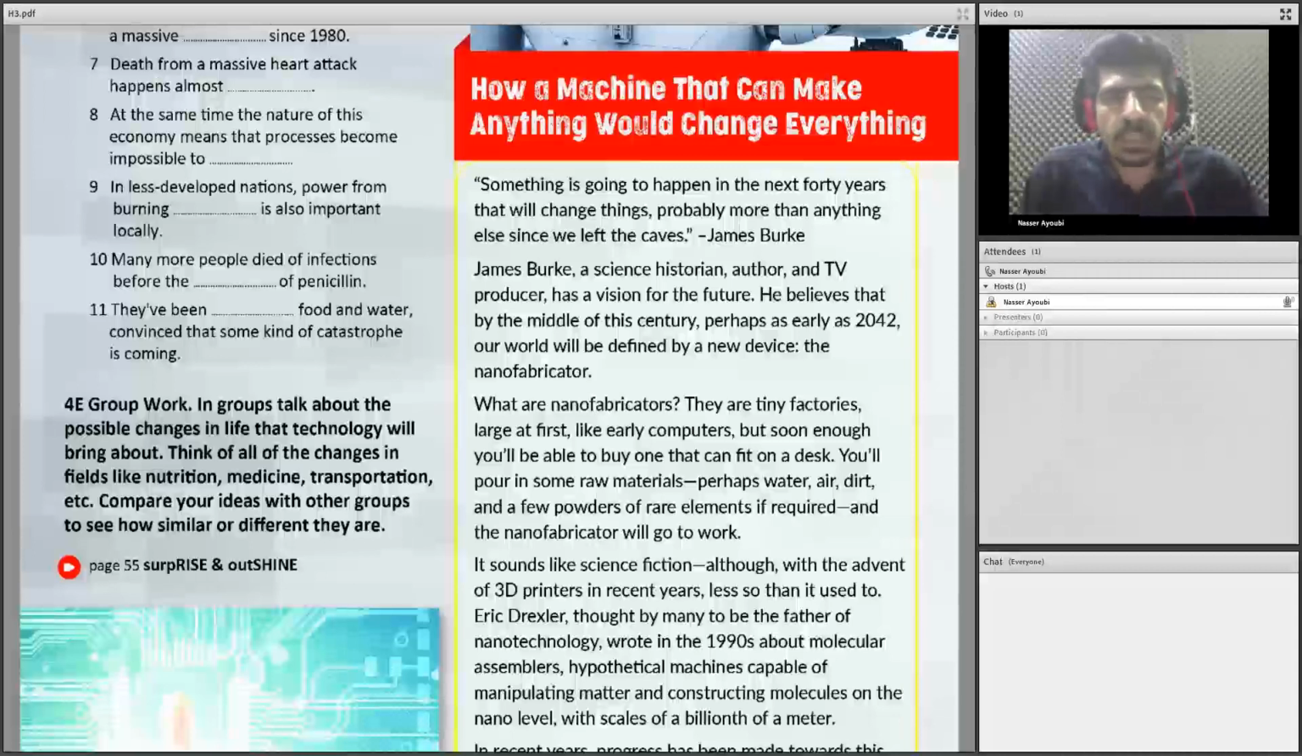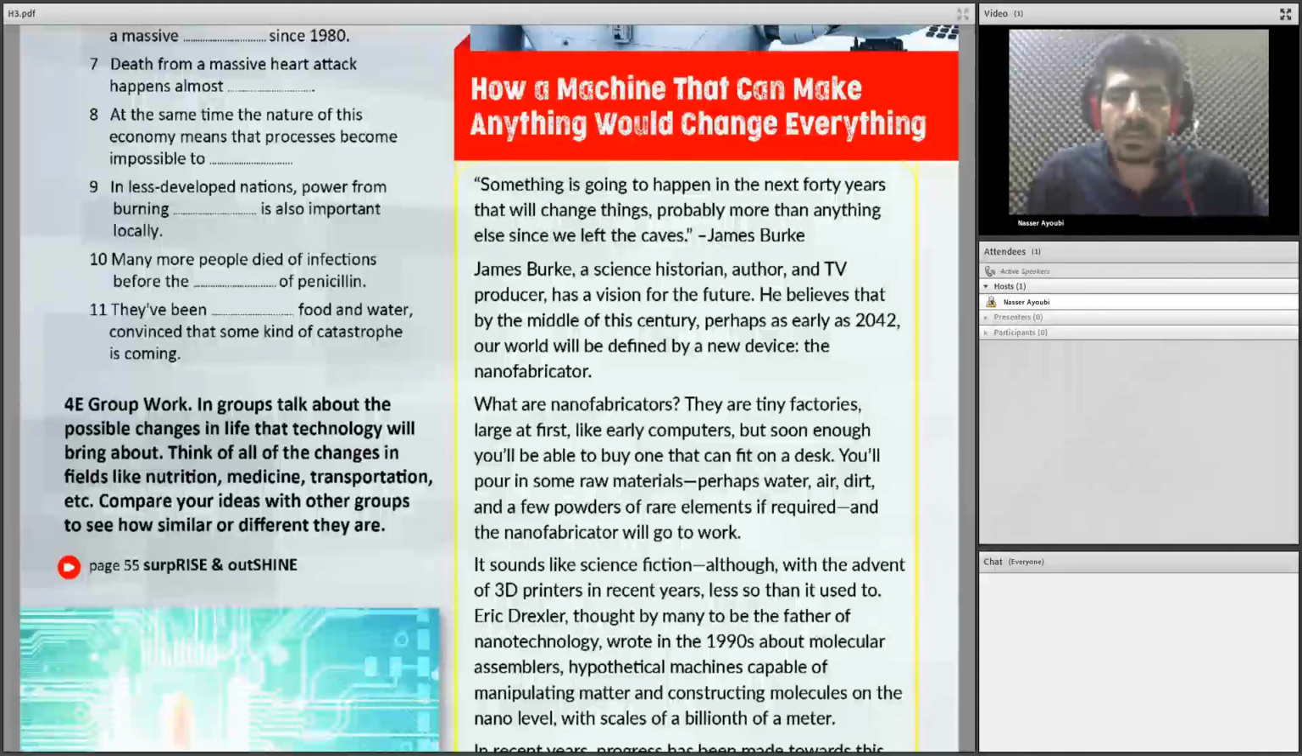Okay, how a machine that can make anything would change everything. Something is going to happen in the next 40 years that will change things, probably more than anything else since we left the caves. So, ironically, James Burke